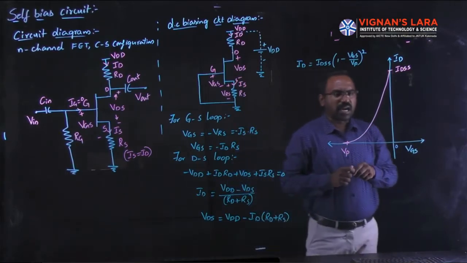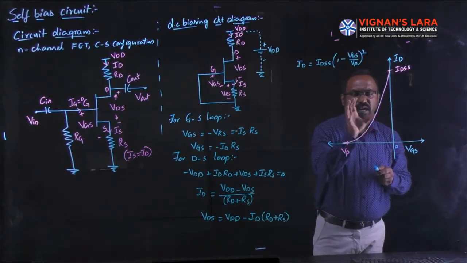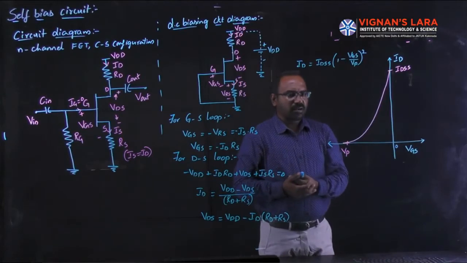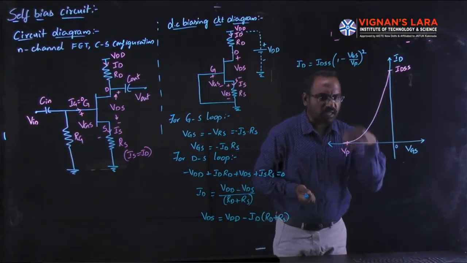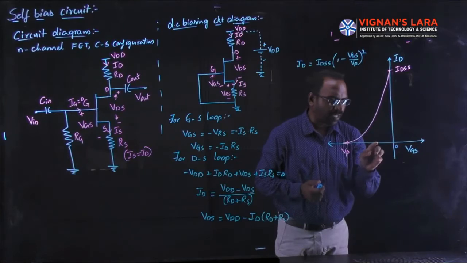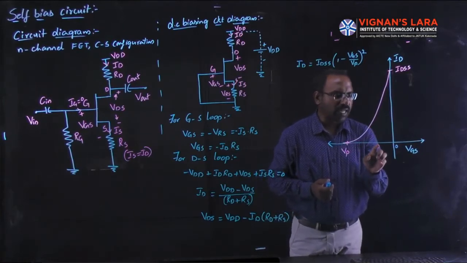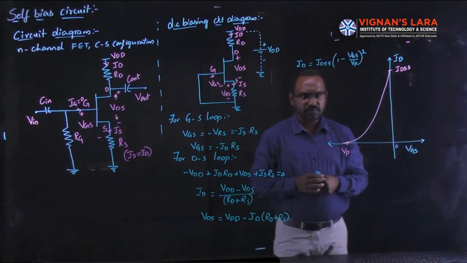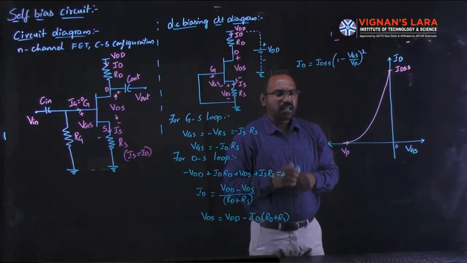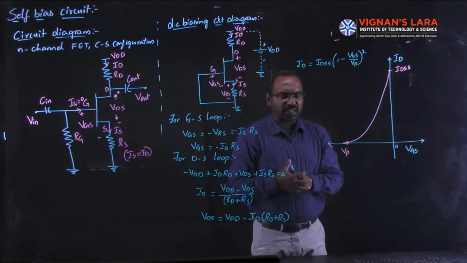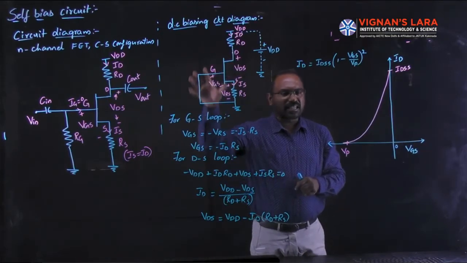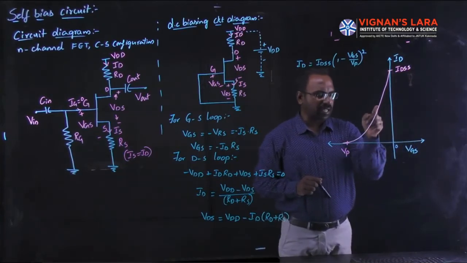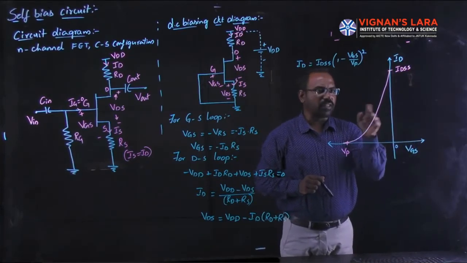Right. So now we have to find out the position of our VGS. In the case of fixed bias, we got our VGS corresponding to the Q point as minus VGG, and corresponding projection onto this, we find the ID. Are you getting my point? In the previous fixed bias configuration, by analyzing the drain to source loop, we derived ID. So the corresponding position onto this will give the Q point.